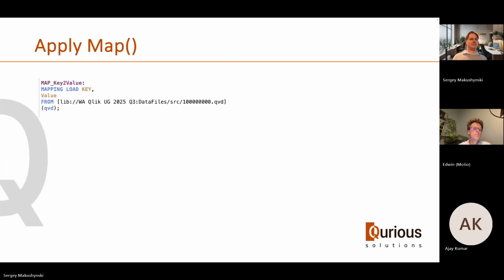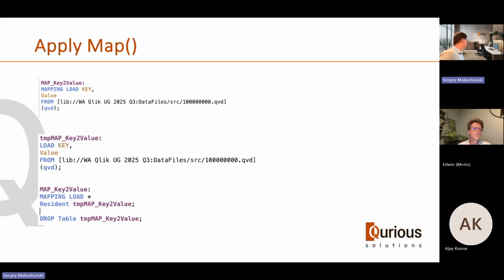Apply map. So many people think that that's normal, but apply map will break optimized load for you, and it will take quite a long time to load even just 2 fields. So how to resolve it? Basically do the same as we did the first time. Load it as a normal table, and then do resident load